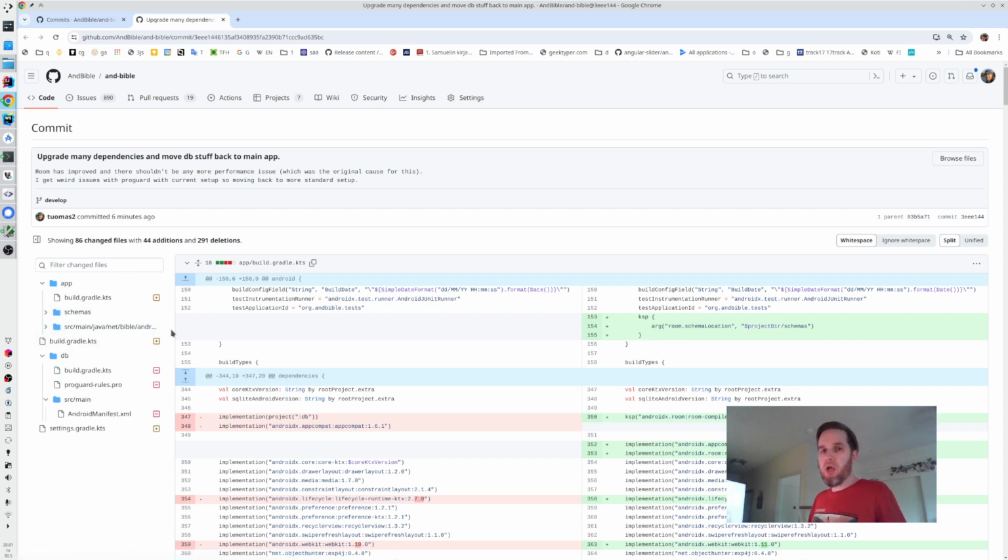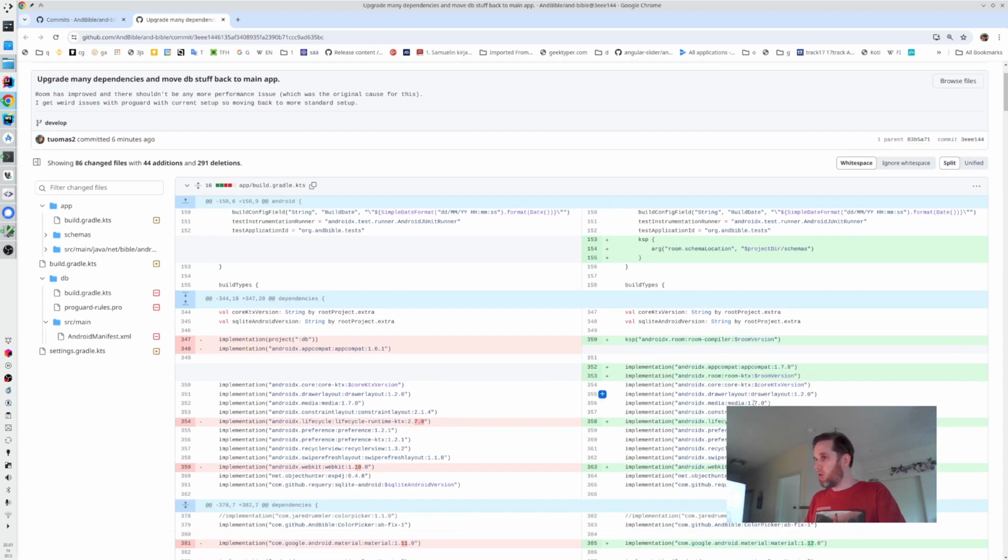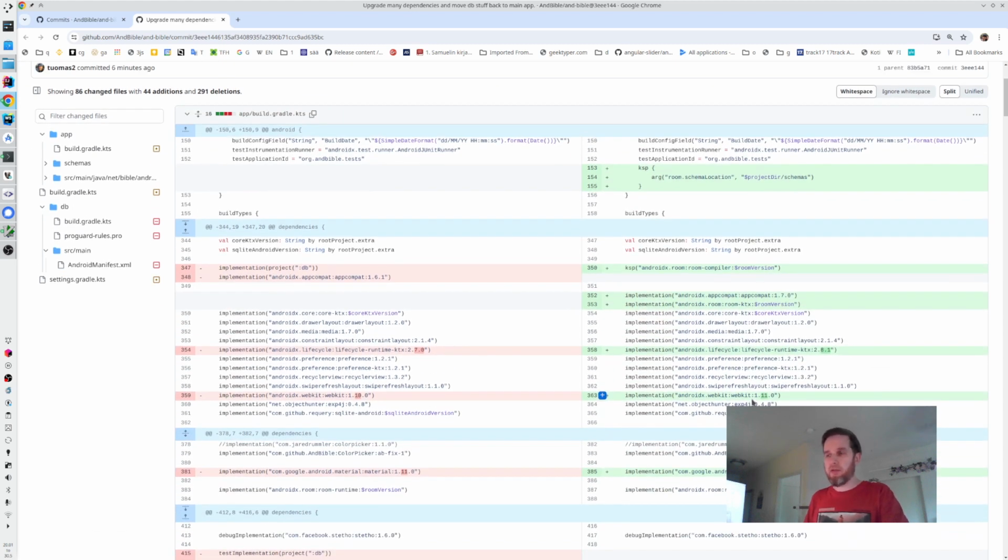First of all, I ran into issues with Room, which is our backend for the database, and it was not compiling. It was producing a lot of errors